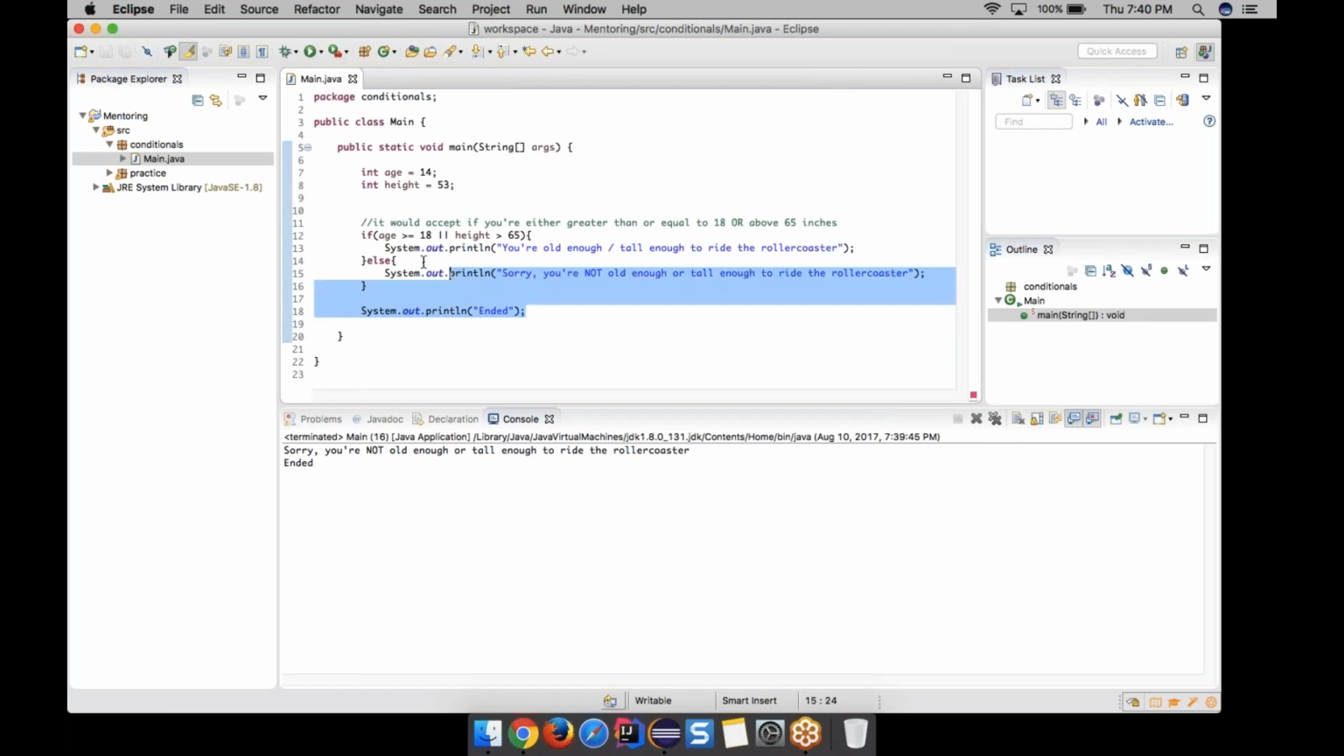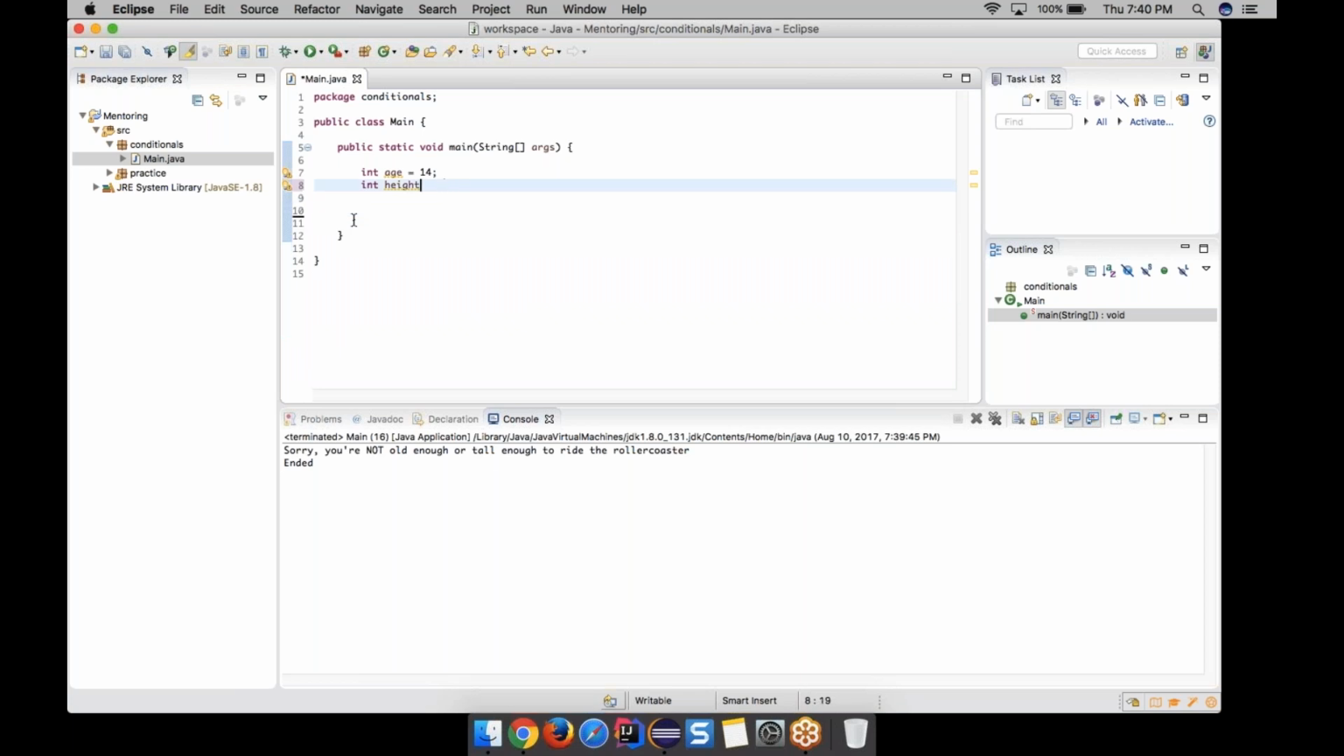Alright, so let's do another basic if else. So let's say number of packages. It will say 8. Okay, so now I'm going to create an if statement. Now I would say if